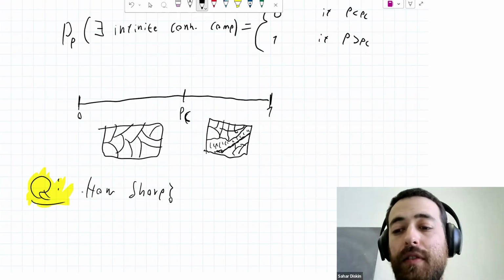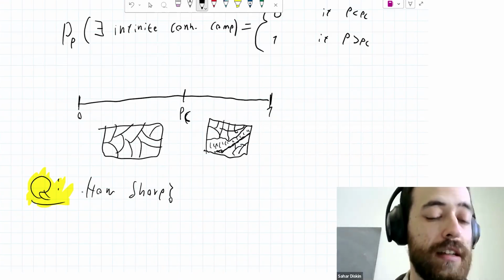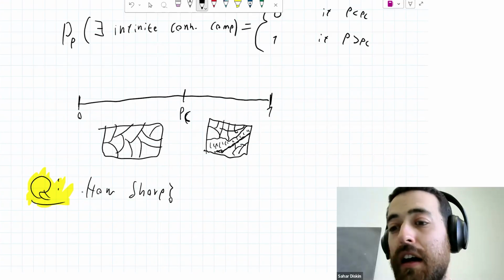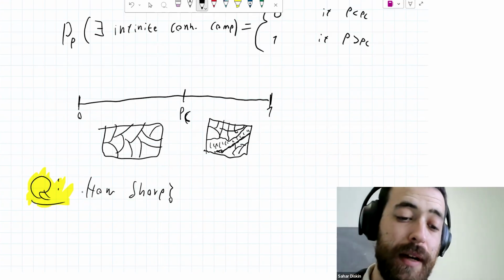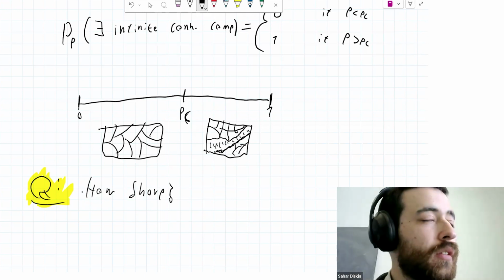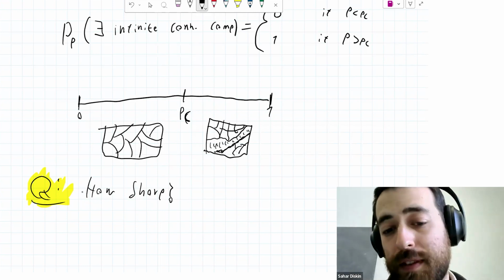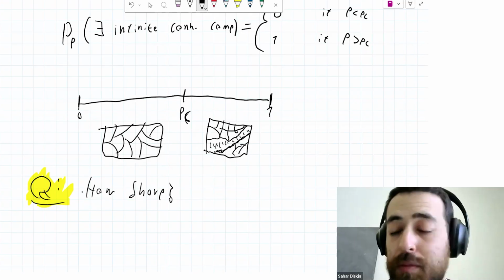Expansion of fire in a forest, explosions of diseases, etc. These things are very well known. So what do I mean by how sharp? What we could hope is that, suppose I fix the graph, Z^d is transitive, which means that every vertex looks